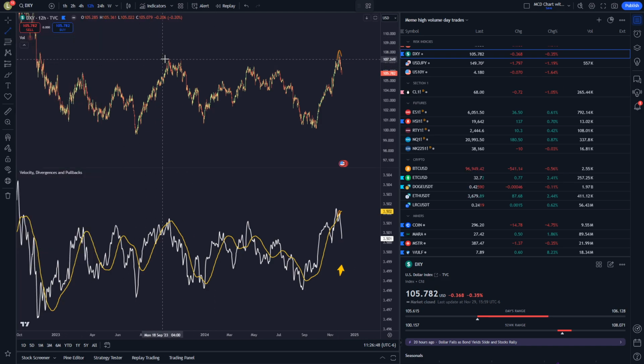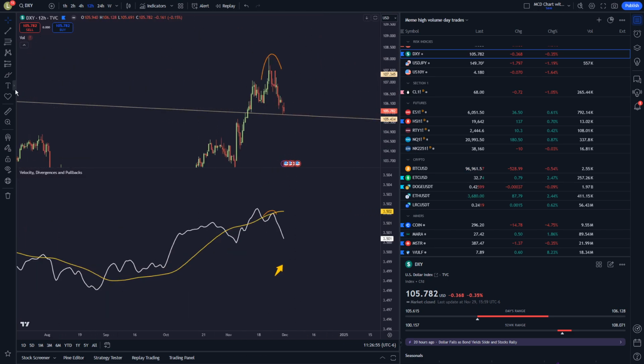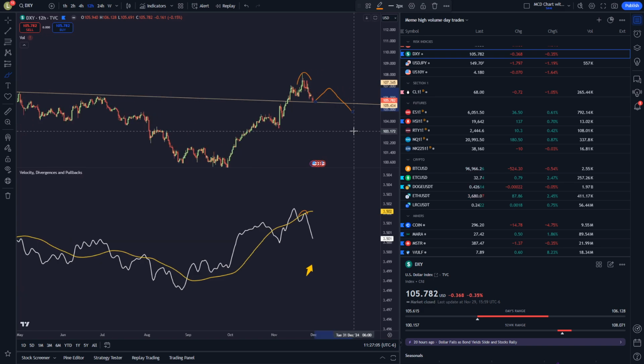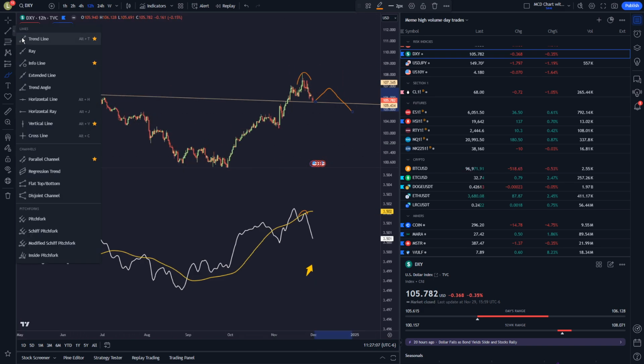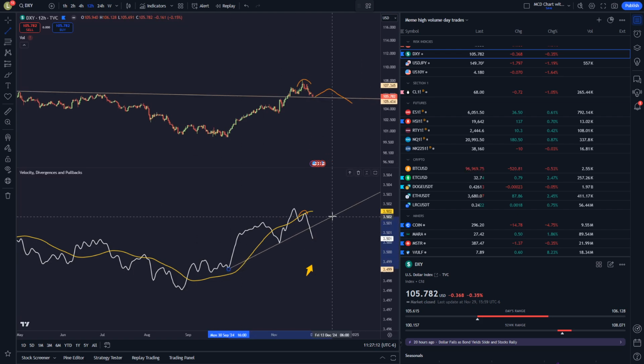Was this a massive fake out to get retail to sell? Now, from a bull perspective, it's still holding this trend line. You are going to want to see that break lower. So we still are going to monitor that. There's still a risk of it seeing possibly another second lift before it breaks down, but we just monitor it and play it by ear. Now, what I do see is the velocity has broken right here,